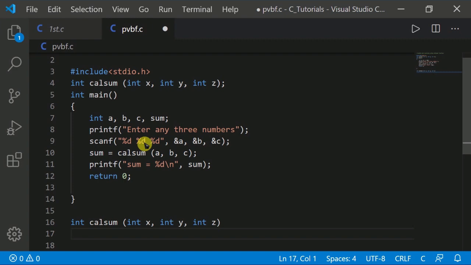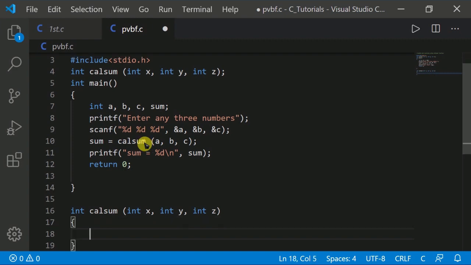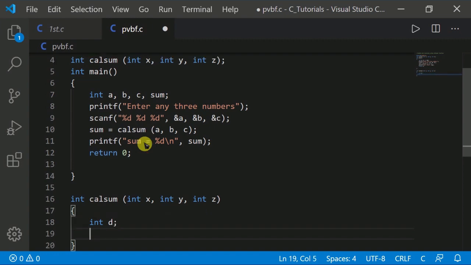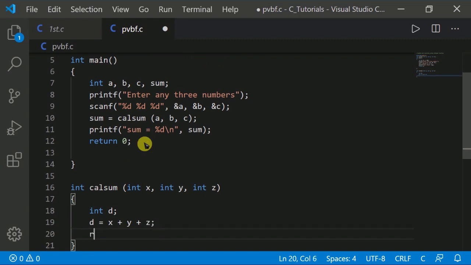After that we will use the integer d, and d equal to x plus y plus z. Then it returns the value: return d, it returns the value of variable d.